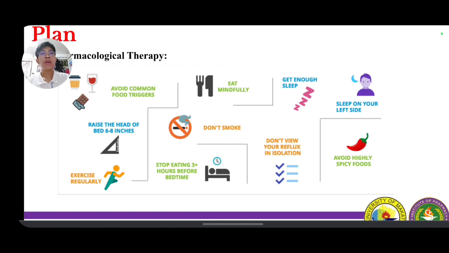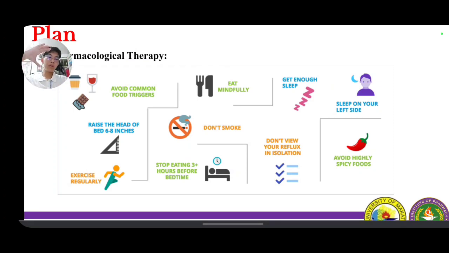Why the left side? When sleeping on your left side, the opening of the lower esophageal sphincter would be on the right side. So when you're lying down, the acid would be on the left side, so it won't protrude on the right side, which will reach the esophagus. So it won't irritate the esophagus, knowing that the stomach is curve shaped. Here is the esophageal sphincter. So if you sleep on your left side, the acid will go here and not protrude here.